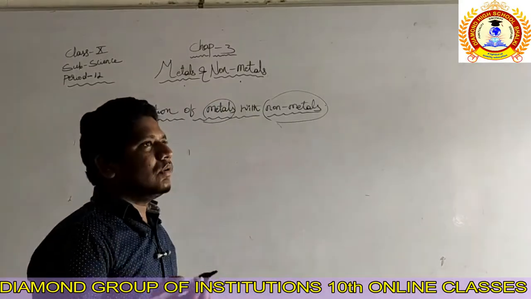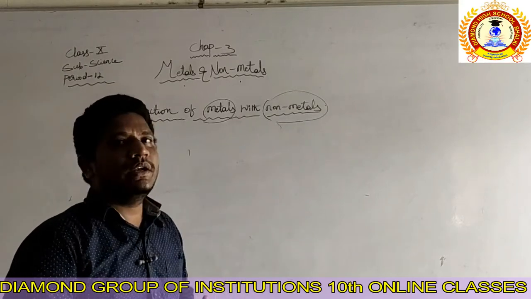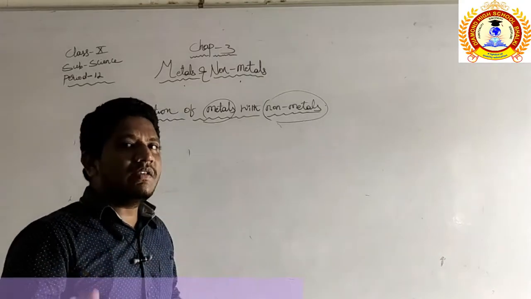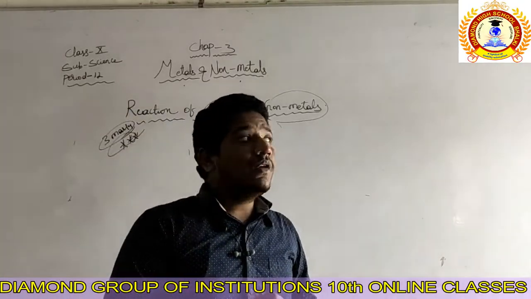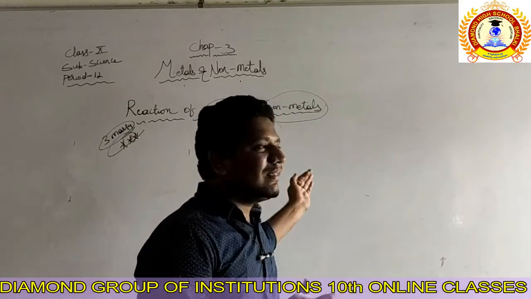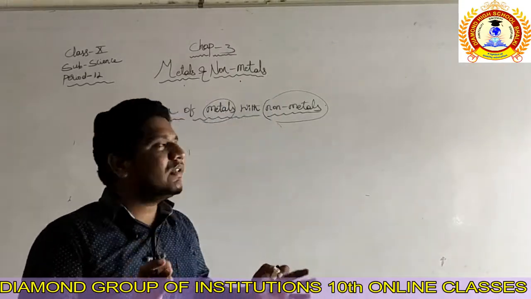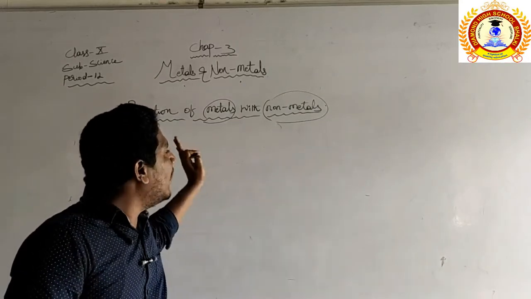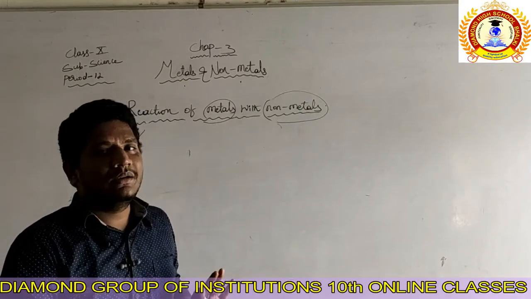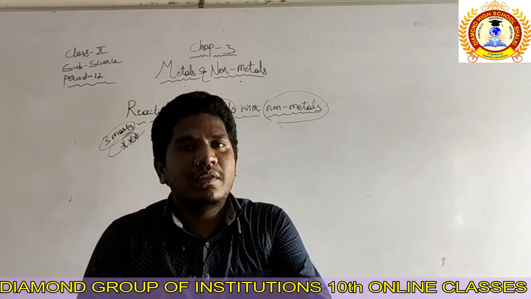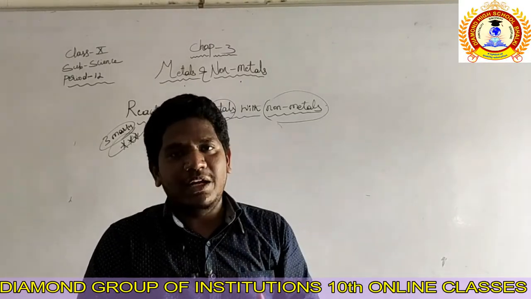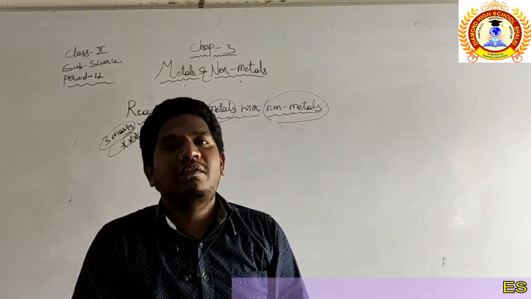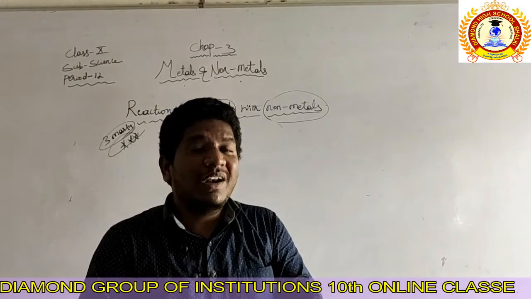So whatever we discussed today, you may think that we took a lot of unnecessary things, but don't think like that. What is the need of explaining all this by taking examples? Because we are discussing the metal and non-metal chapter, the main important things are the reactivity series and the properties of metals and non-metals, right? I said that the giver is positive and the taker is negative. You may think it is a very easy point, but that will make a big difference in the annual examination, because many students are going to forget this only, right?